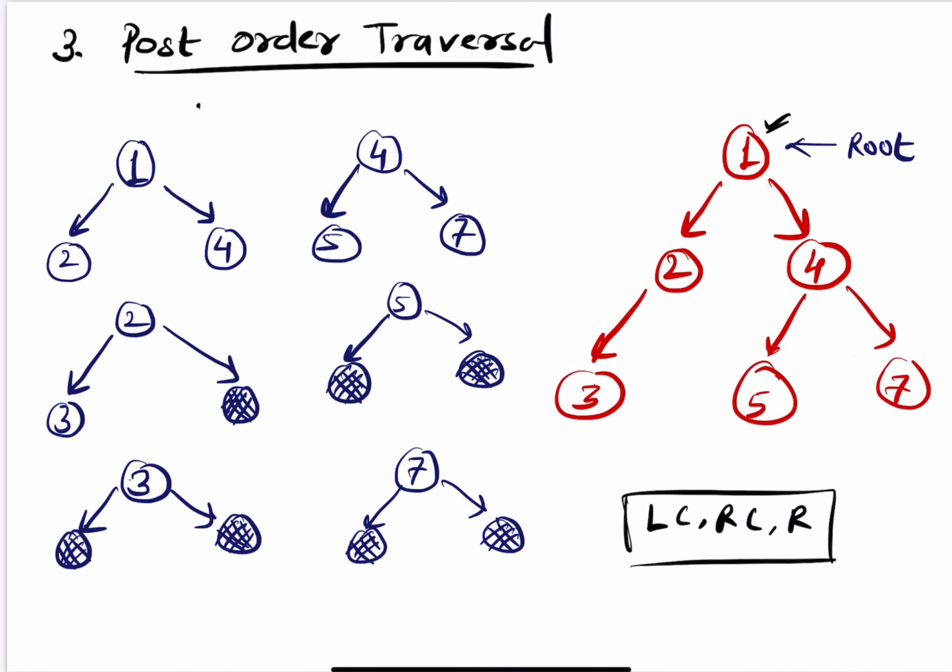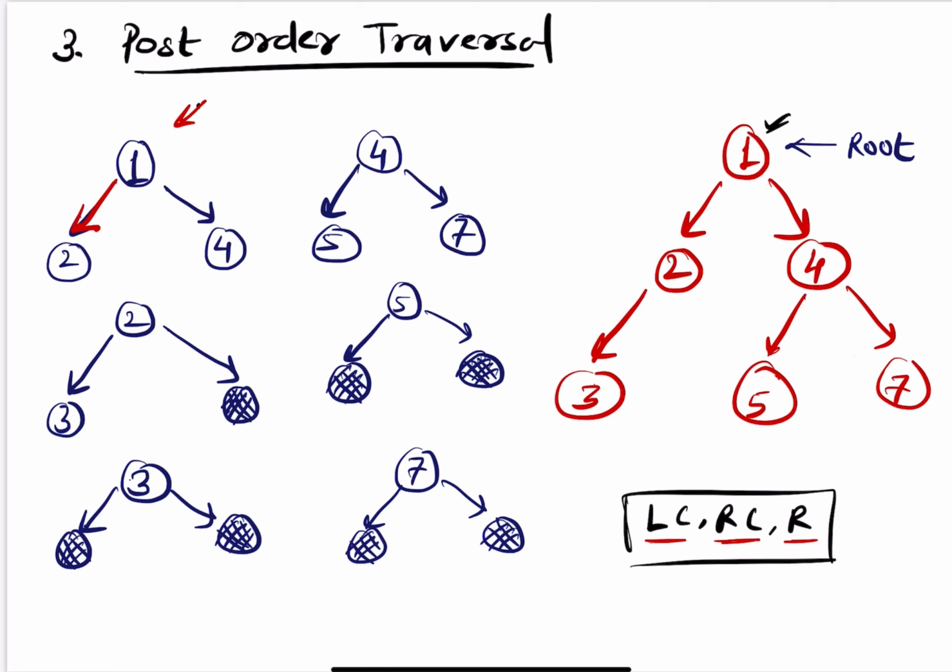The next traversal is Postorder Traversal. So we will begin on the root node first, which is 1. As you can see, this is a root node. So in which order do we have to process? First the left child, then the right child, then the root. Okay, so for the 1, we first come to the left child,